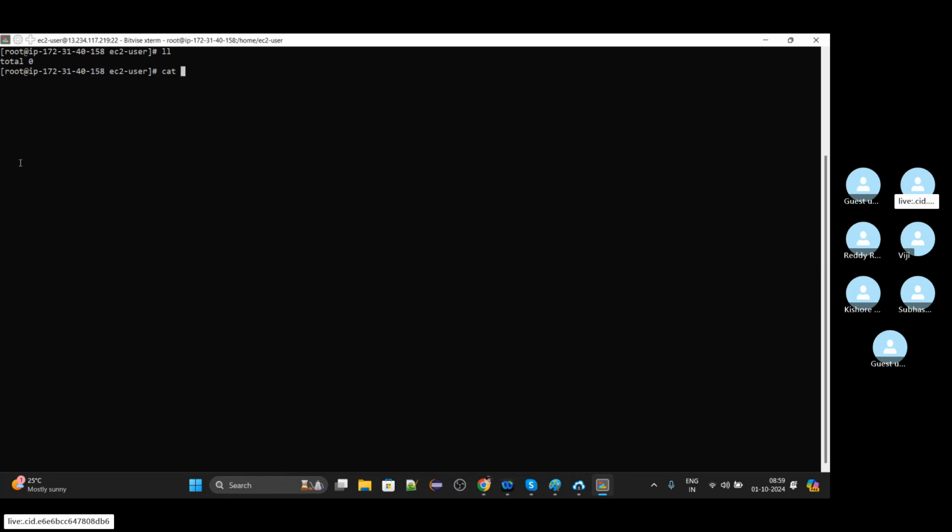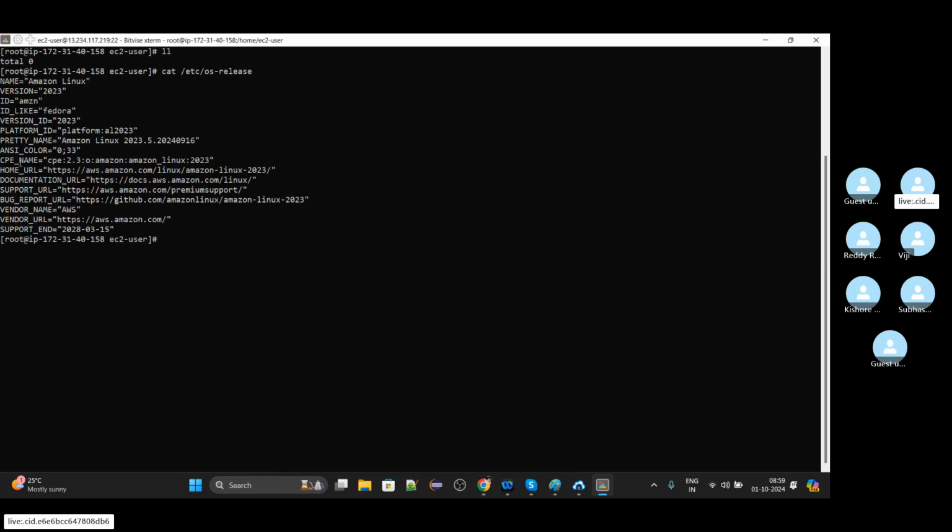You can check over here by using the command cat /etc/os-release. It will show you the details of the operating system, that okay, this is Amazon Linux version 2023, ID is Amazon, ID like Fedora, version ID is 2023, and the rest of the details are available to your system. So now you are not using any application or any tool. This is your server, which you have now accessed